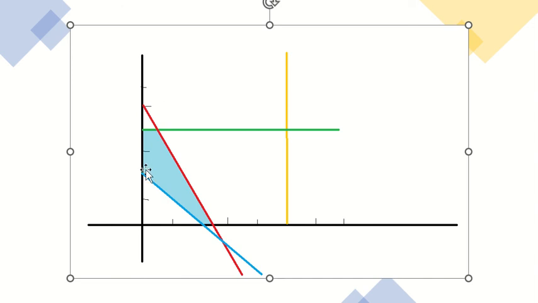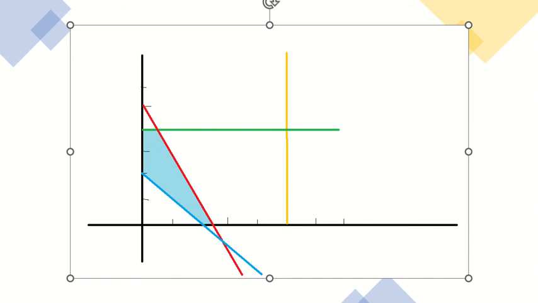So I can try natural numbers in my feasible area and test where x plus 2y has the minimum value. Here, for x equal to 2 and y equal to 0, I have the minimum value for this x plus 2y, and so it is my minimal value, my optimal value in this case. It is, I think, the simplest example of an